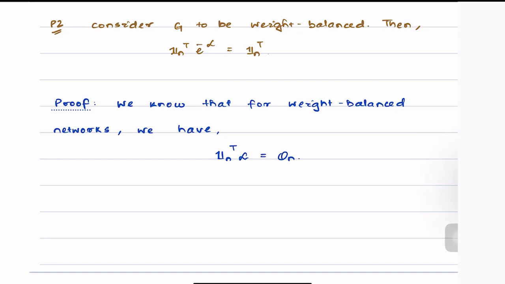Why? Because since it is a weight balanced graph, for every node the in-degree equals the out-degree. Hence, that boils down to this condition. The proof of this was actually discussed when we were looking at the Laplacian matrices. Continuing with this,